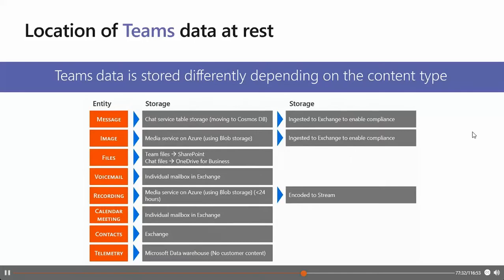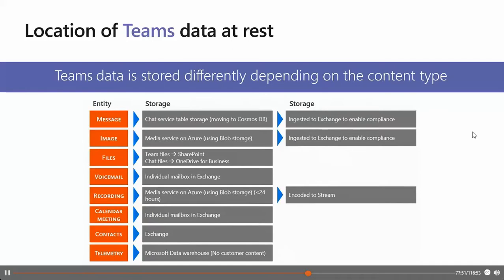So if your tenant is provisioned in Australia, Canada, the European Union, France, Germany, India, Japan, South Africa, South Korea, Switzerland, the United Arab Emirates, United Kingdom, United States, Microsoft stores the data in the following locations.